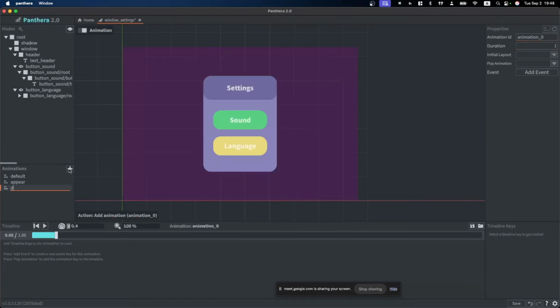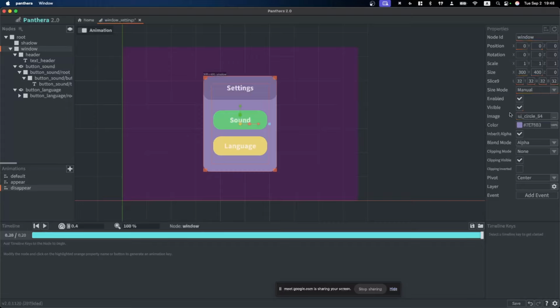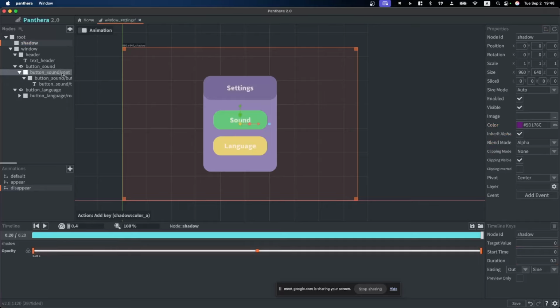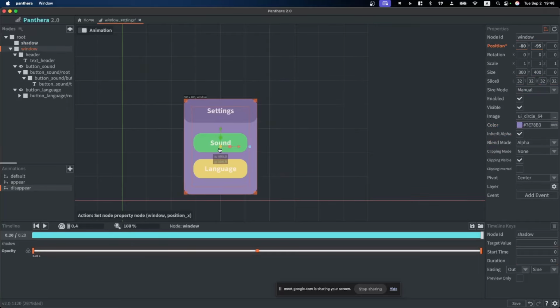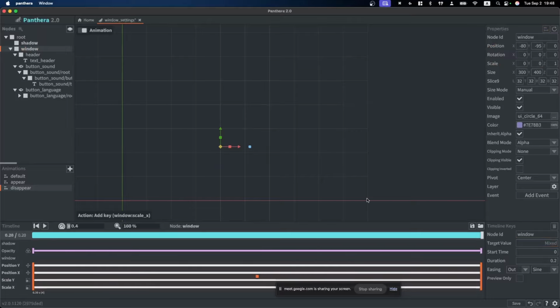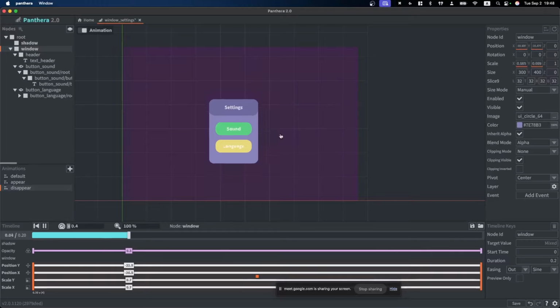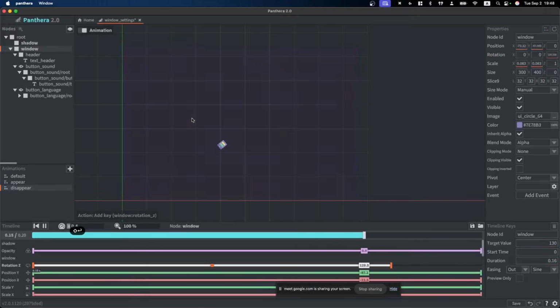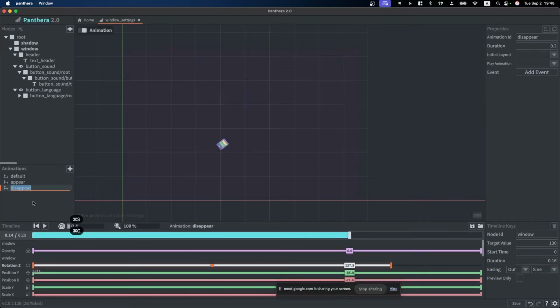Now our animation for disappear. Why not? Let's set duration 0.2. We just need the initial position of the window, color can be, oh no, not shadow, it should be disappeared to 0. You just click and paste here, click, and also with some transformations. Tick, tick, tick, and commit all keys at once. It will go button left, because why not? And rotations. Just for example. So we have a disappear animation.